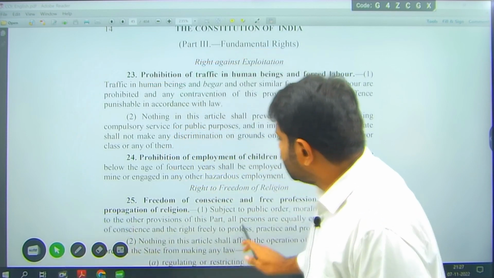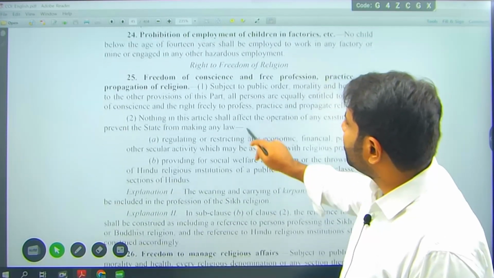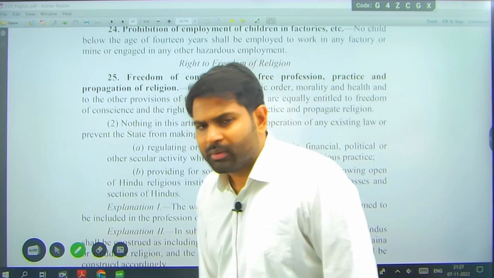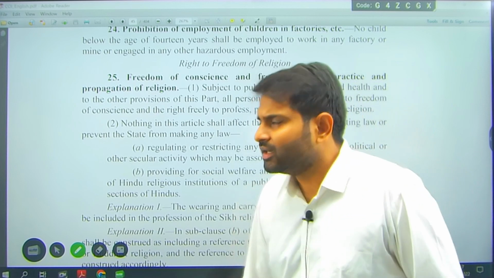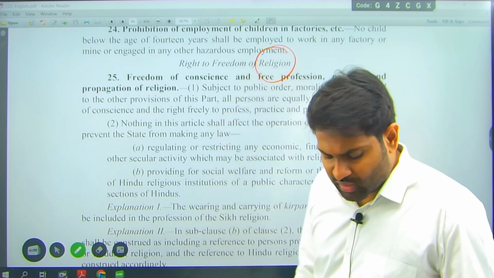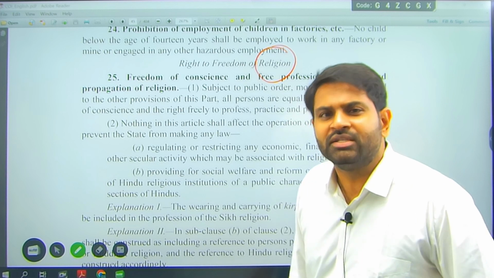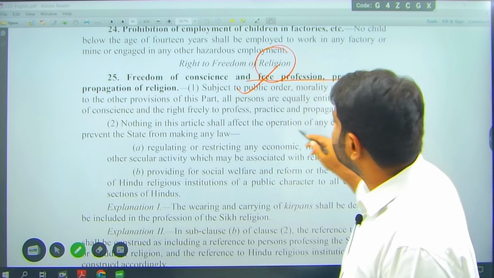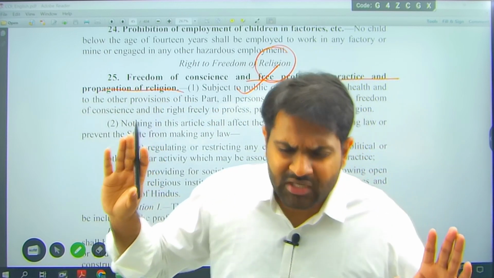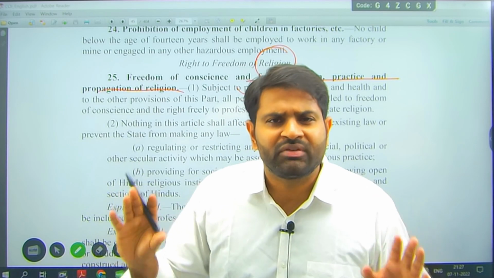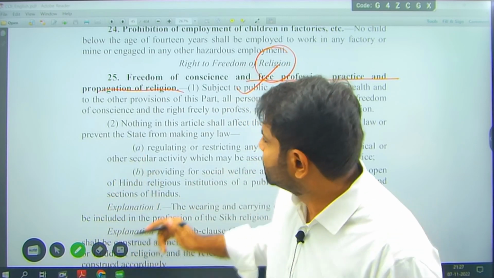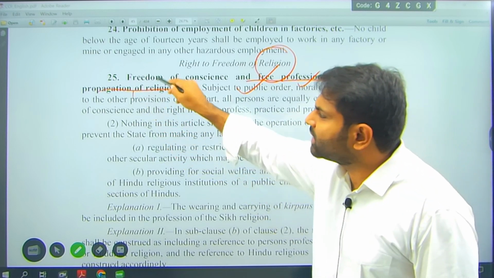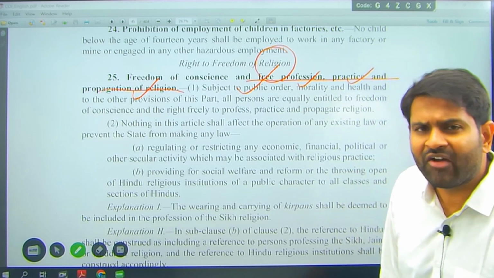So then we have right to religion. In India, what is very important for you every single day? That is religion. People always ask why it is so important in India. So religion is a source of energy for Indians. When we speak about religion, suddenly we will become fanatic. Article 25 is talking about freedom of conscience and free profession, practice, propagation of religion. I will take the religion which I want. I will profess it, practice it and propagate that particular religion, any religion. I have freedom.